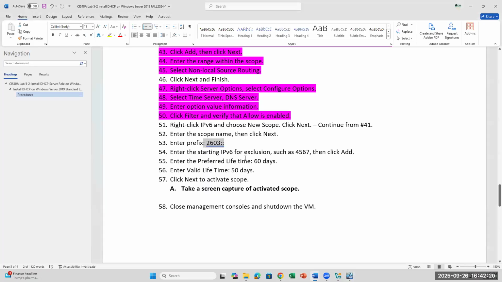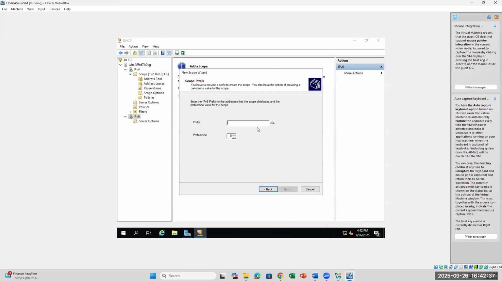So remember that we talked about the prefix with the slash. That's how we subtract that from 128. So we can use 2603: and then we can exclude like 4, 5, 6, 7. That's just arbitrary, right? And then it's going to be starting at 2603. And what we can do is we can